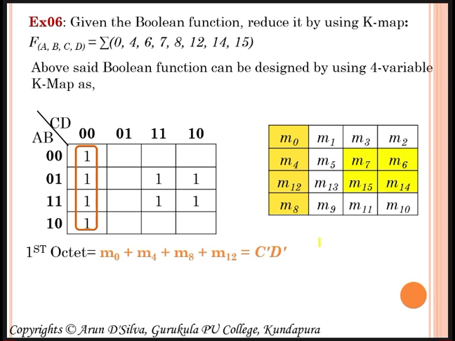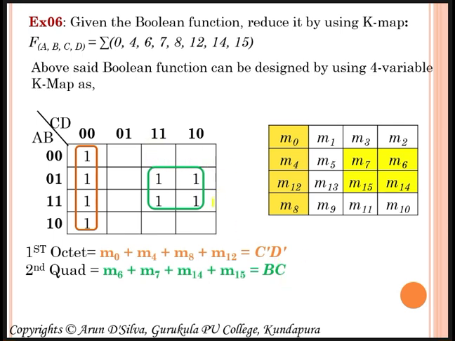Going for one more quad, where all four ones appear together, so that I can consider as one more quad. In the green color it is shown, and this quad consists of M6, M7, M14, M15 mean terms, and the reduced mean term of this quad is BC. We will see how we got that.